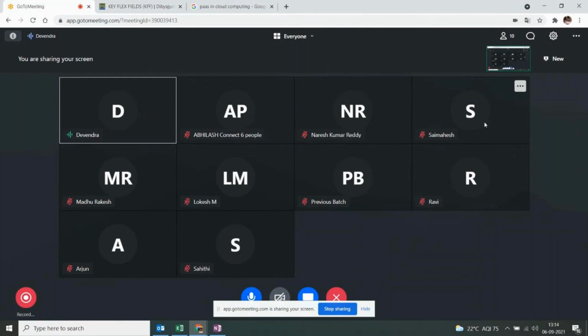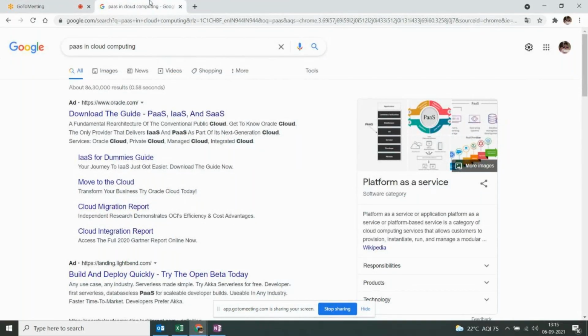Everything will be handled through the web page only. There is no need to install any Java plugins here.